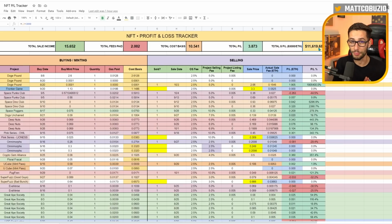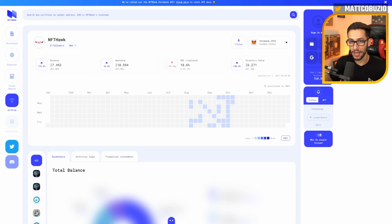Although the spreadsheet's really pretty and colorful and fun to look at, and it does a great job of tracking all this, I have to manually input every single thing I do. All these transactions are public on the blockchain. Anyone can see them, so it should be pretty easy in theory to integrate this into an application that does all this math for you without having to put in every single transaction that you do. And after quite a bit of searching, enter